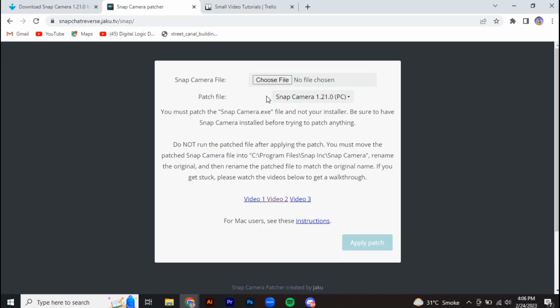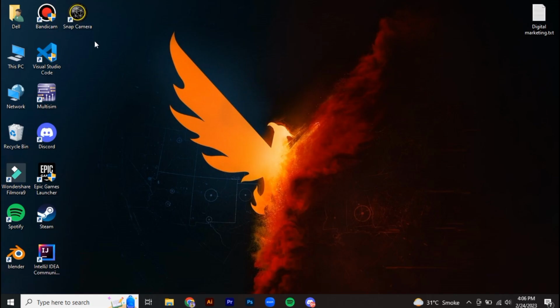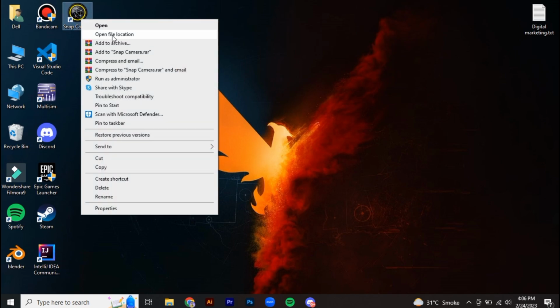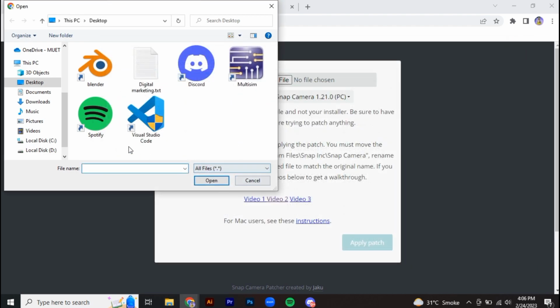Now you have to choose the snap camera file, so click on choose file. So how you can choose the file, first of all go to your desktop and then go to the file location of your snap camera where you have installed the snap camera, and you have to copy this directory. After copying the directory, you have to paste the directory over here, and then I'm going to copy and paste it again here, hit enter,